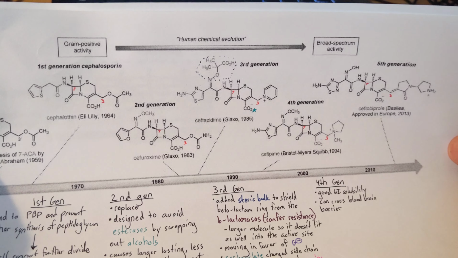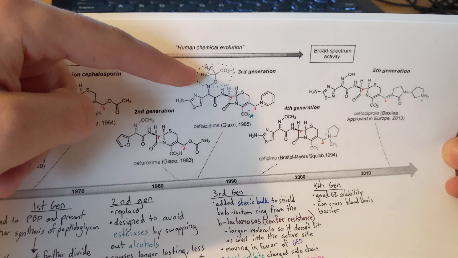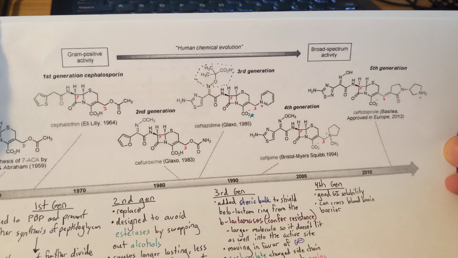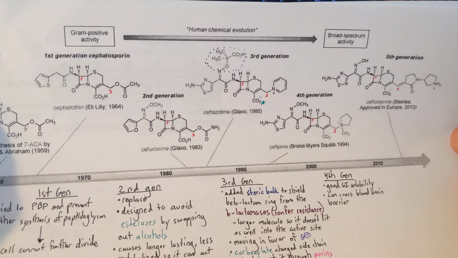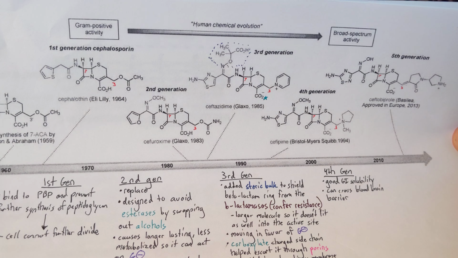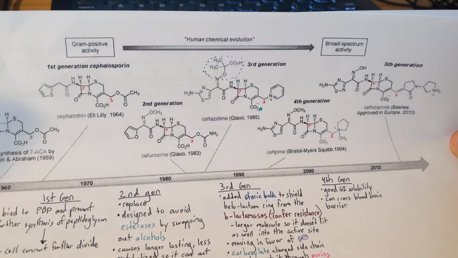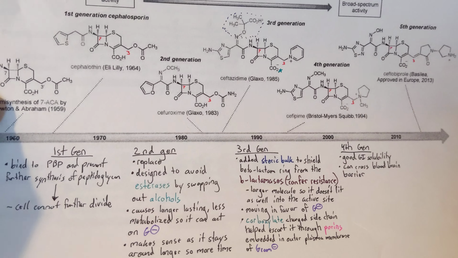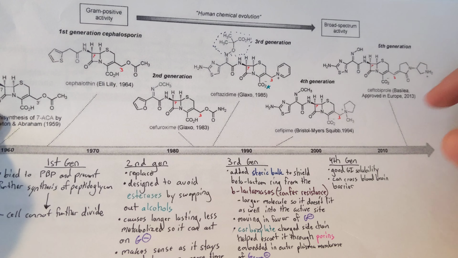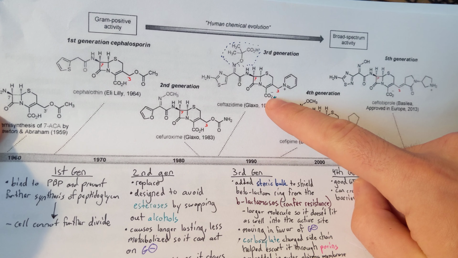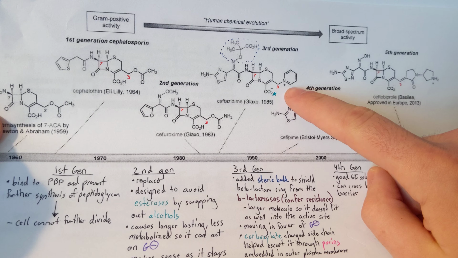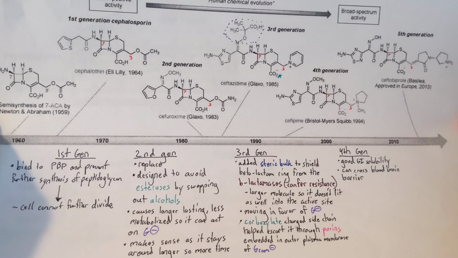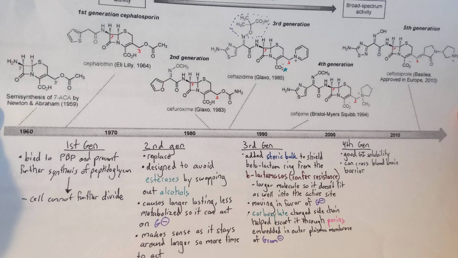And of course, the right answer is introducing this really large molecule on the side of the cephalosporin, creating what you probably remember in organic chemistry is steric hindrance, right? You make a much larger molecule, it's less likely to fit into that active site. And they also added this carboxylate down here, which is a charged molecule. There's this charged nitrogen right here. And if you remember, charged molecules actually can pass through